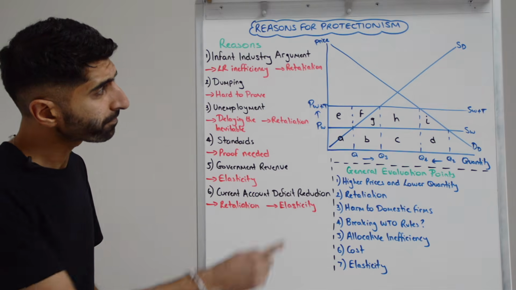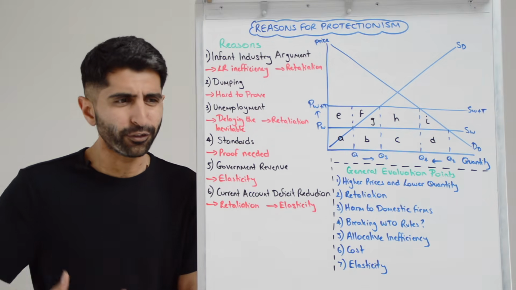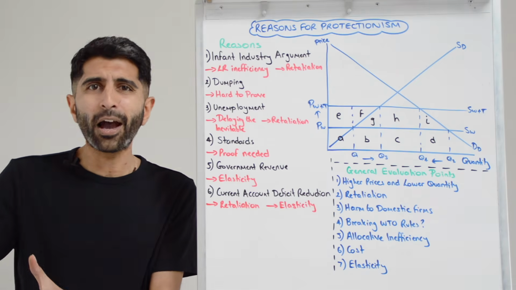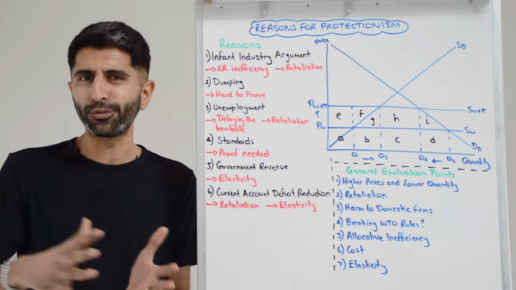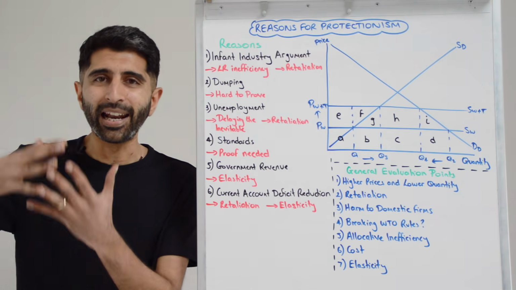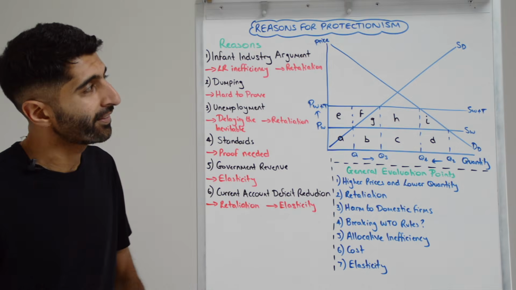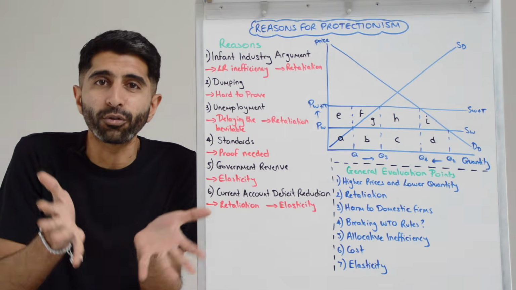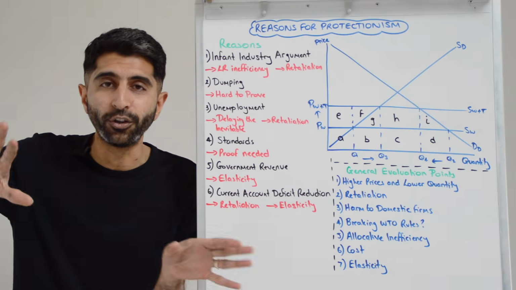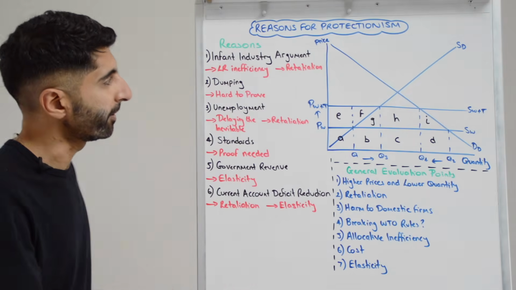The other risk is that of retaliation. Yes, foreign countries not liking their exports being the target of protectionist policies to allow a rival country's infant industries to grow in size. No. So it's likely that foreign countries could retaliate and enact their own protectionist measures back on this country's exports. And the end result of that is infant industries won't be able to grow enough in size if they can't export that good to the rest of the world, limiting the benefit of this argument.